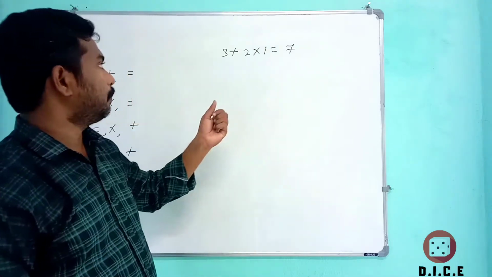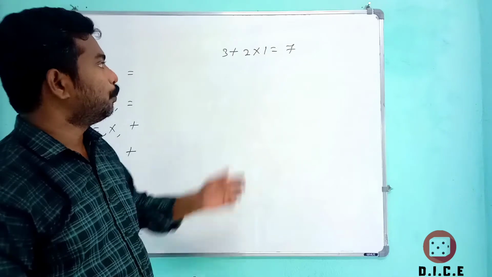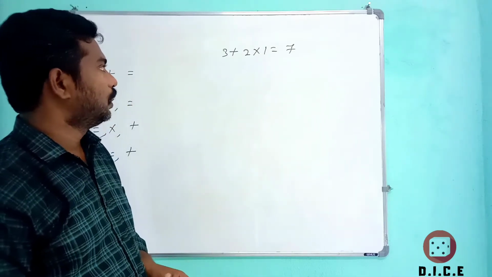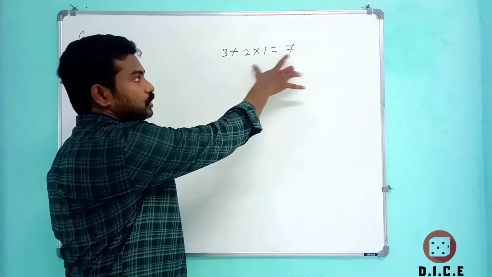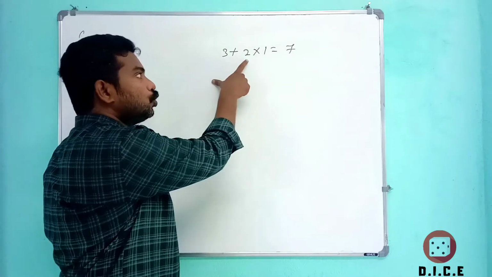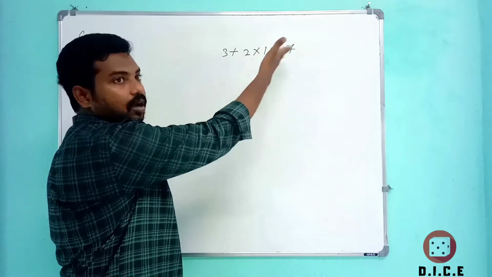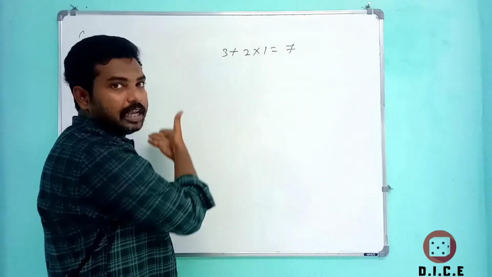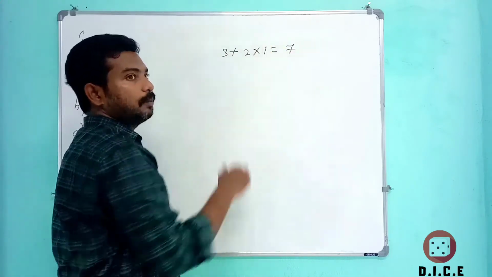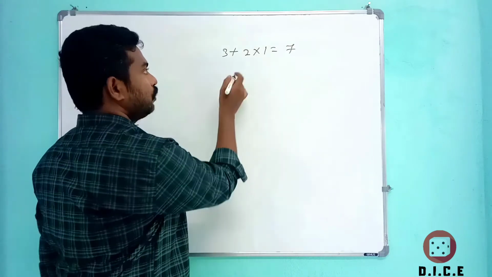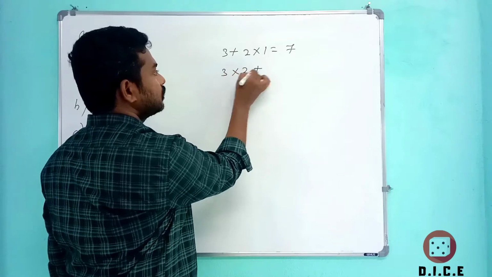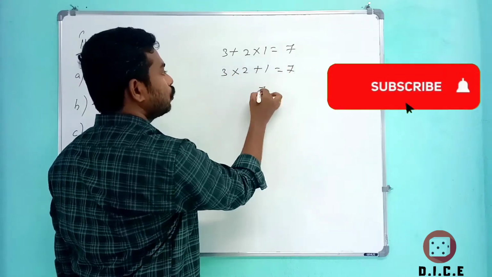So what signs should be placed here to balance this equation? If you see here it is equal to 7. If you want to make the left side equal to 7, simply 3 into 2, that is 6 plus 1, of course that is equal to 7. Without seeing the options, it is clearly indicating into 2 plus 1, that is nothing but 7. So in place of plus, if we substitute into, and in place of into, if we substitute plus, that is nothing but 7 is equal to 7.